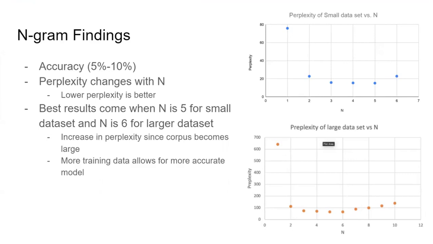This is suspected because we believe that the corpus becomes large enough that it will improve generalization within the model, which causes the number of possible predictions to increase. It also makes sense for a larger data set to have an ideal n to be larger since we have more data to train with, and therefore our model should benefit from having an extra n in the n-gram.